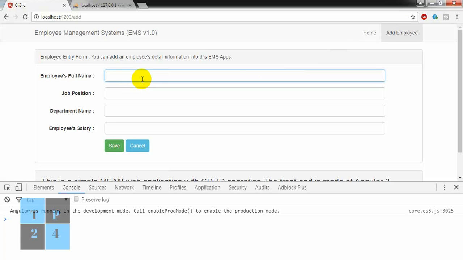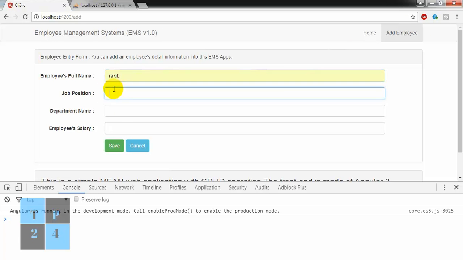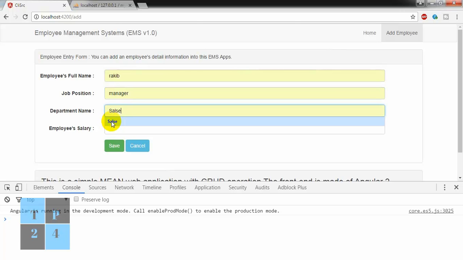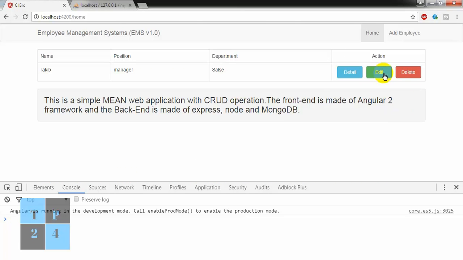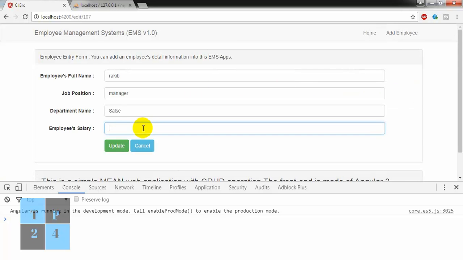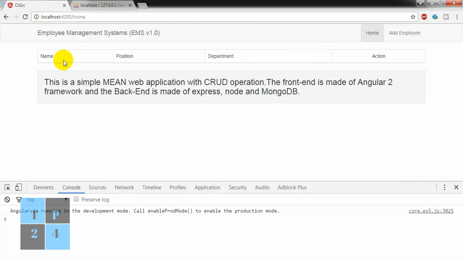And again, Rakib, sales and salary, I'm not giving here. Now editing here, salary giving from here, and looking, yes, it is okay, and deleting, it is going away and no error. So I completed,